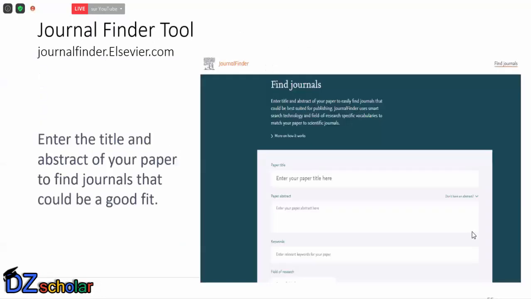And there's another tool you can use. Elsevier has created a journal finder tool that can help you narrow down which journals might be a good fit for your research. So I put the URL at the top there. It's just journalfinder.elsevier.com. Once you go there, you put in the title, an abstract of your paper, and it will generate a